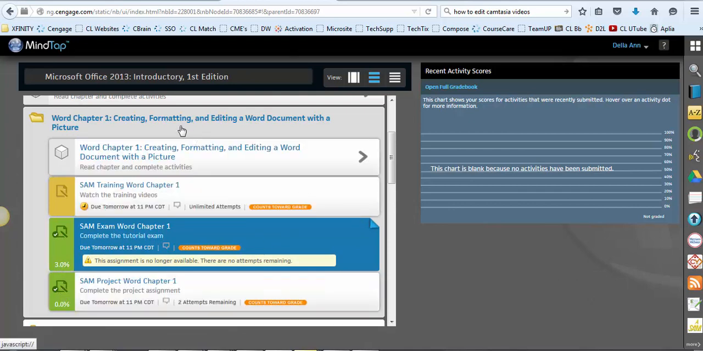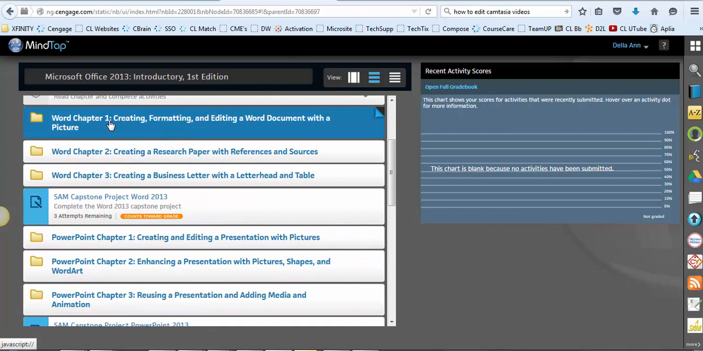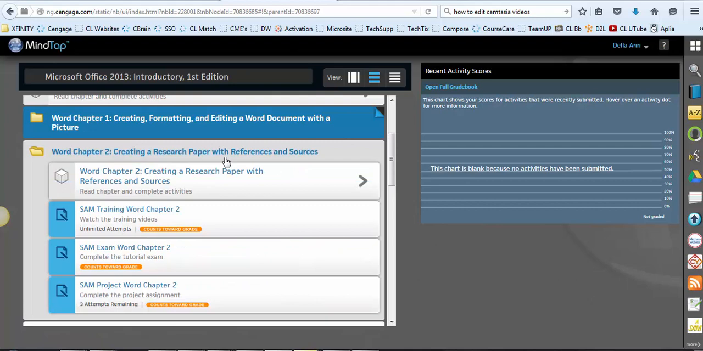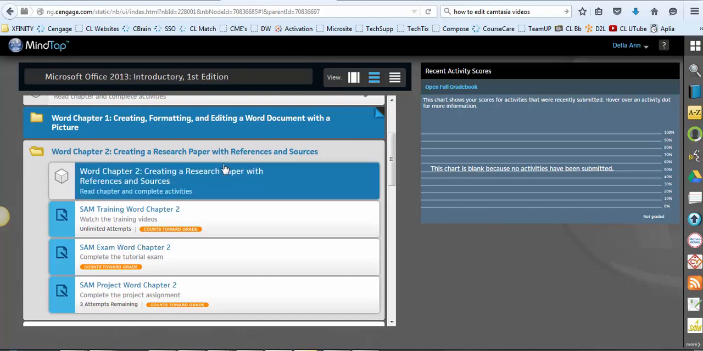So let's go ahead and click on this chapter 1 to minimize it. And I want to start to work on my activities within chapter 2. As I mentioned, there's the ebook in here, and you also have exams, trainings, and projects for different activities. So first, let's take a look at the ebook by clicking into this